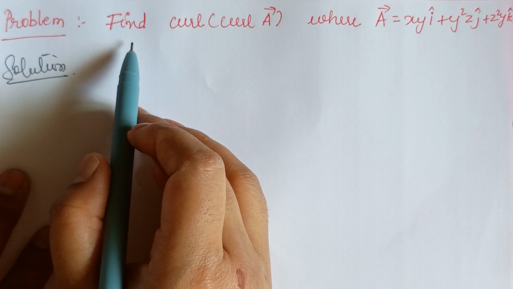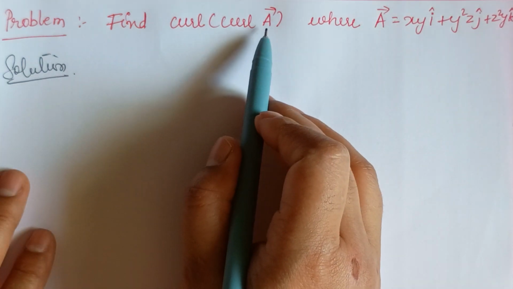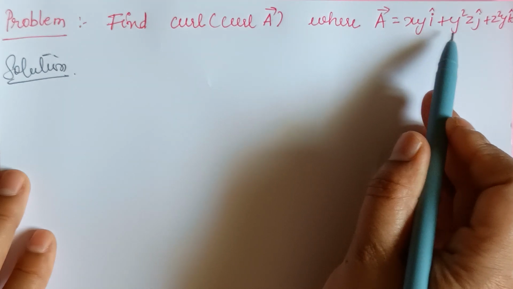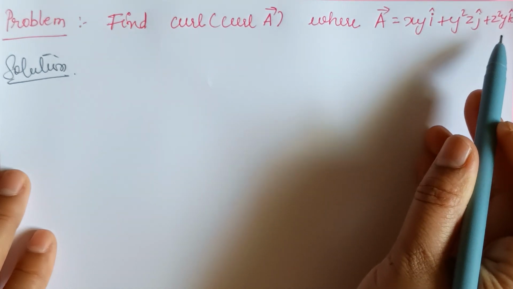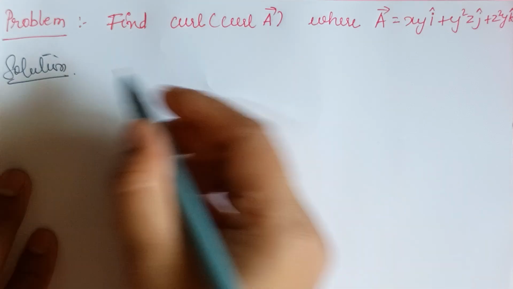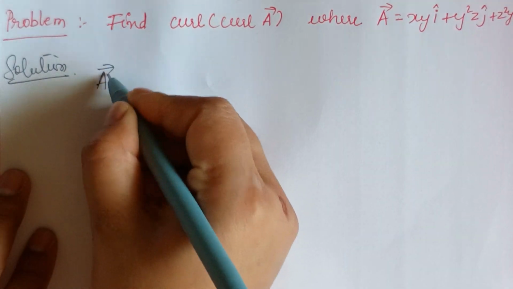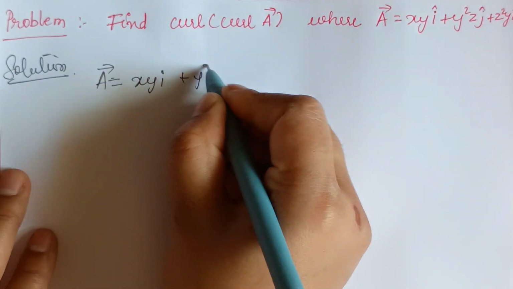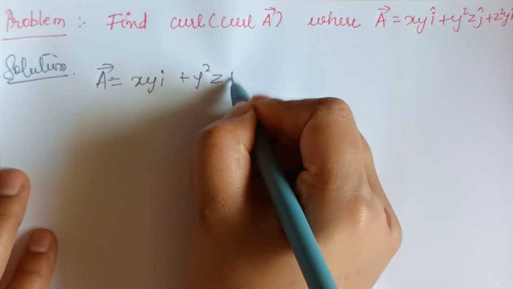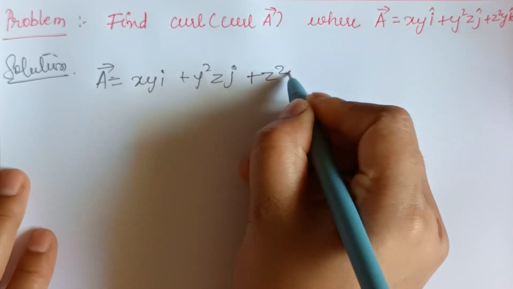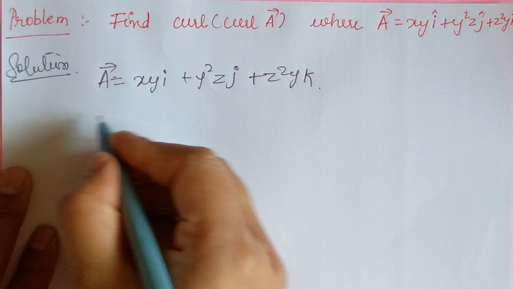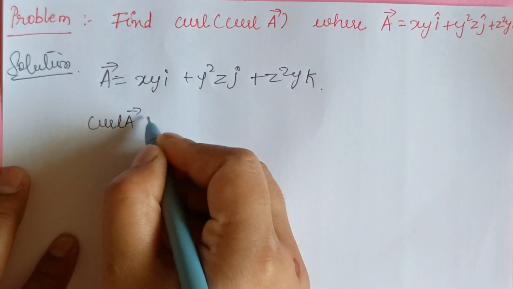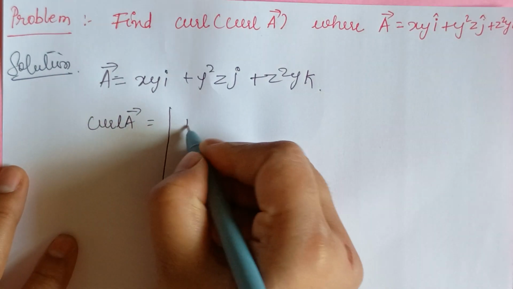In this video, we are going to find the curl of curl vector A, where vector A is given as xy i plus y square z j plus z square y k. Okay, so I'm just going to write the vector A: xy i plus y square z j plus z square y k. First, we'll find the curl of vector A, which we can find